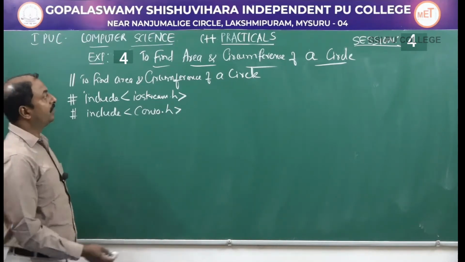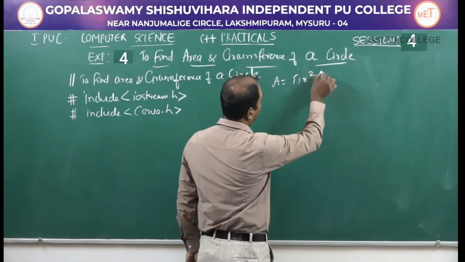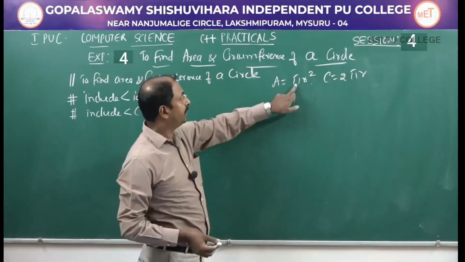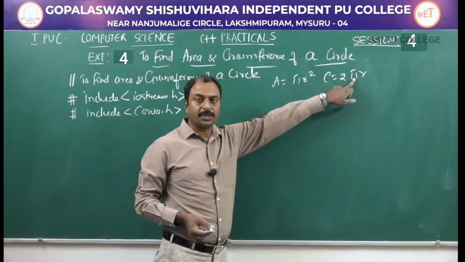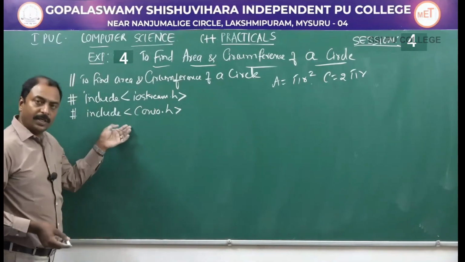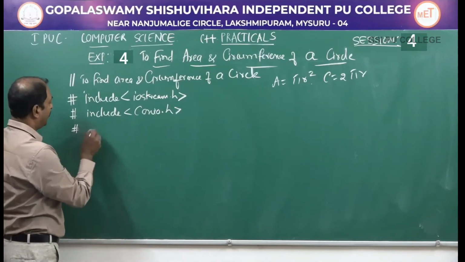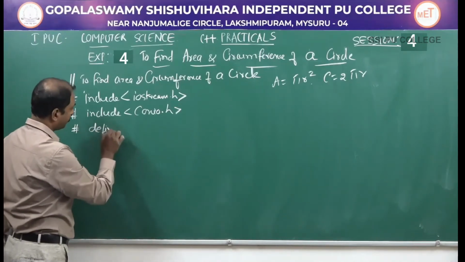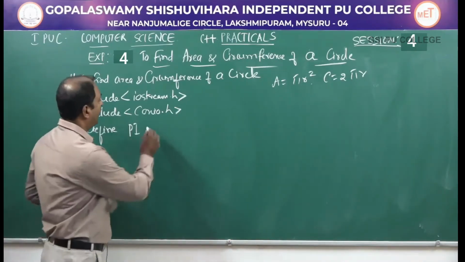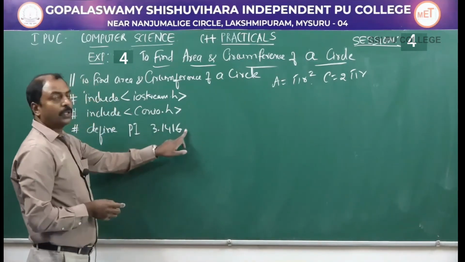Here in this example we know the formula. Area is equal to pi r squared and circumference is equal to 2 pi r. In this example there is a constant, pi. This is a symbolic constant. This can be declared here under the definition section with a hash. After this we write #define, the variable I can make use of is pi, and the value is 3.1416, and again no semicolon.